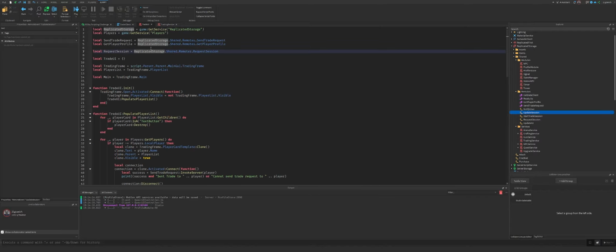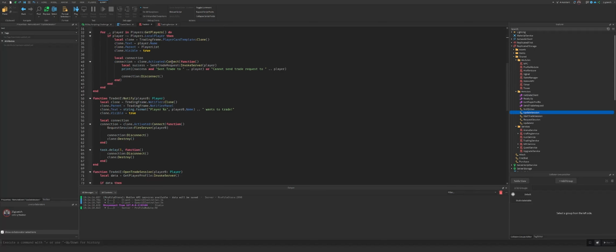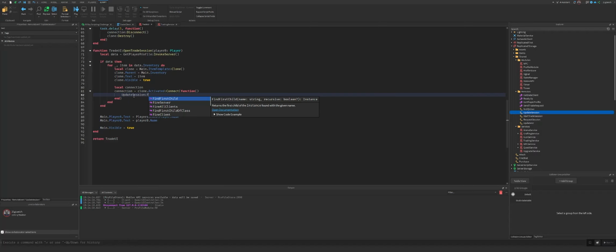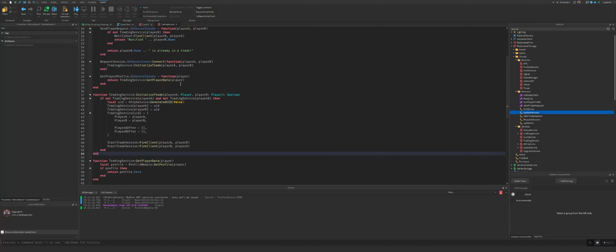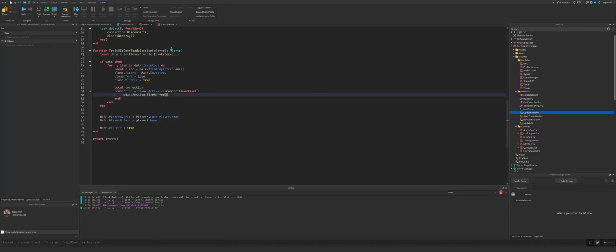Go up here to the top, local update session equals get storage share remotes update session. Here we're going to say update session fire server. Maybe we should actually send the session ID. So I'll pass in the UID as a third parameter here, so that way the server can access it. So what's that? Start trade session. Yeah, so it gives us player B as well as the UID. So have that get carried along here, and we'll put the UID in here,